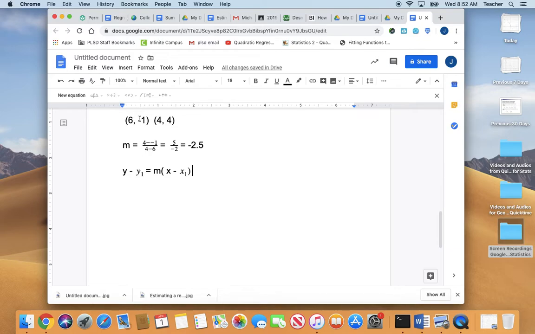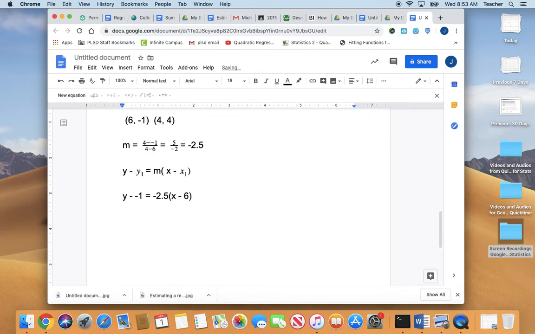And I can use my first point, this was x1 and y1, and plug in those values. So in this case, I would have y minus y1. The y coordinate of the first point is -1, so be careful because you're subtracting a -1 there, equals m. So m is my slope. I already found my slope just a few minutes ago, so -2.5 times x minus x1,